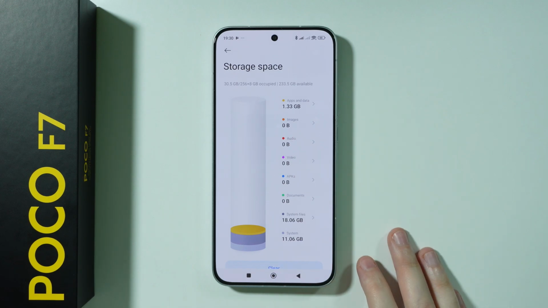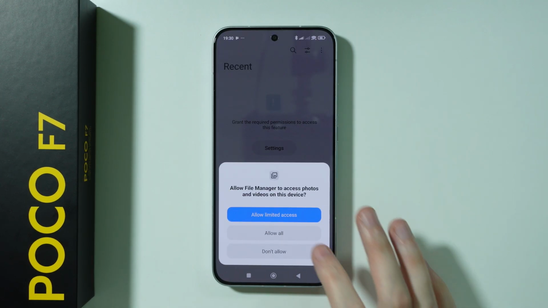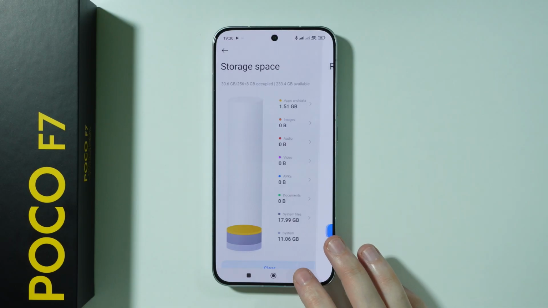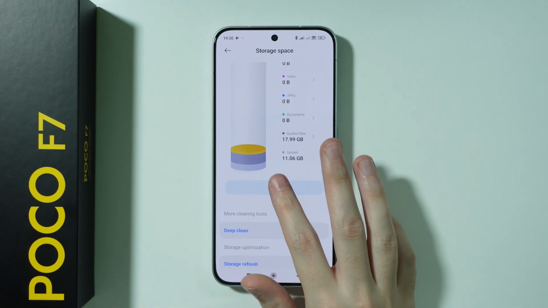So if you go to audio, of course, you should be able to open audio files and so on and so forth. Of course, we need to grant permissions if you go here for the first time, but you get the idea. If you scroll down, you should be also able to find the clear option, so we can go over here